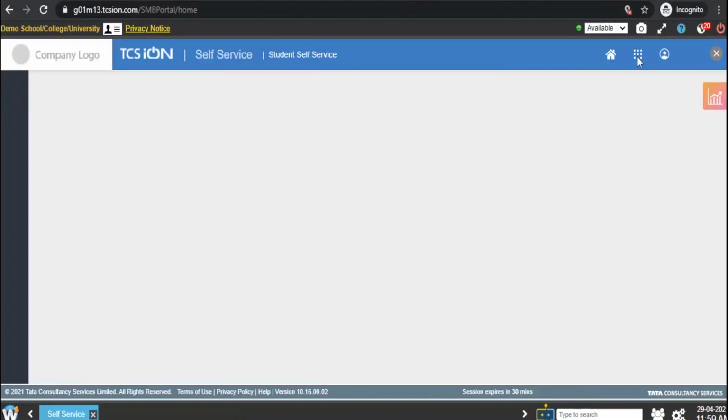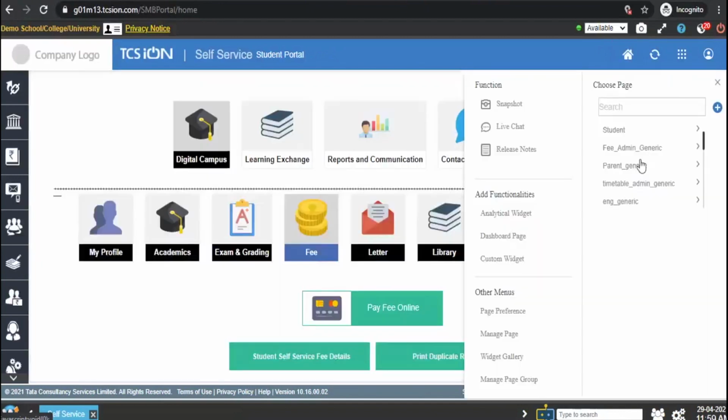So there will be different dashboards created for students separately, admission department separately, fee department separately, and there will be one dashboard for the chairman as well to view the admission and fee related transactions. So I'll take you through the fee dashboard that is available for the fee admin or the fee department.